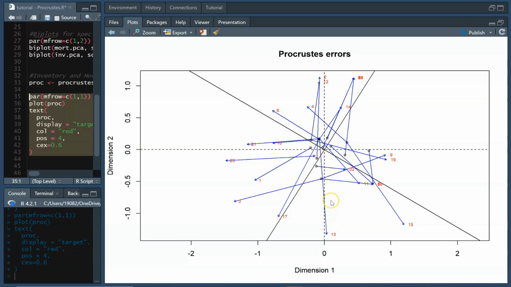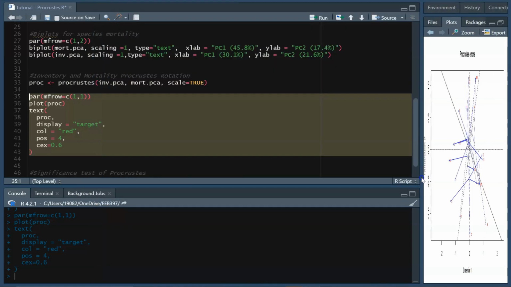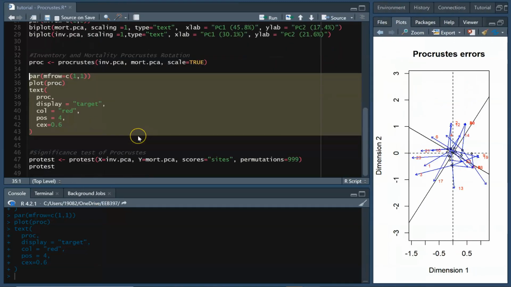For example, look at site 13. The vector is really large, meaning that there's a bigger difference between the species present and the species with observed mortality. Although we can look at this and say, wow, it looks like the species inventory and mortality are really different, unfortunately, we can't leave it at that when we're doing science. We need a p-value. So we can assess the statistical significance of the Procrustes using a Procrustean randomization test, or protest